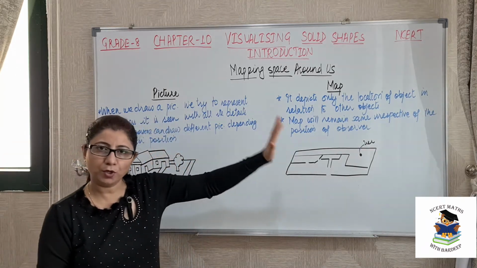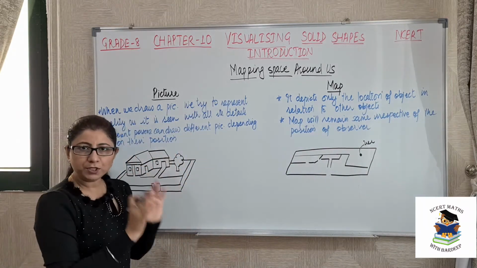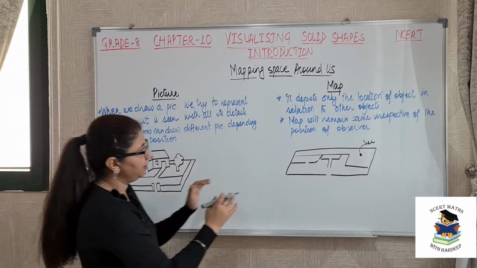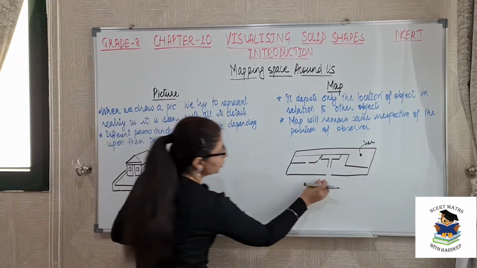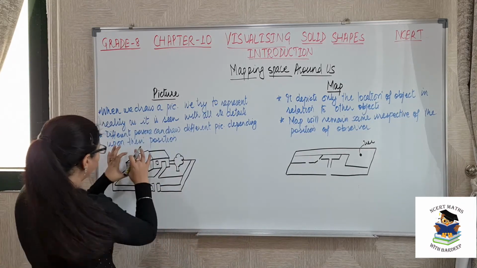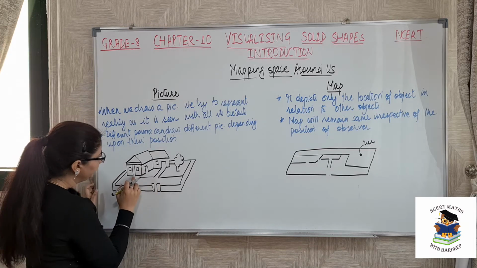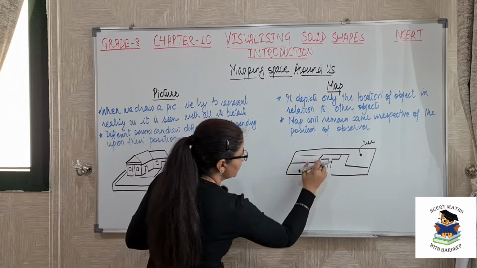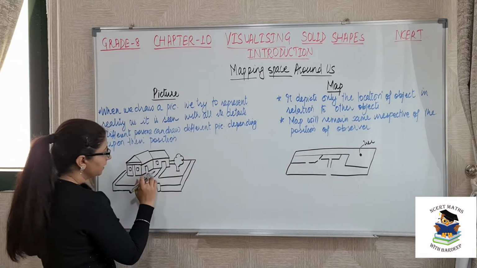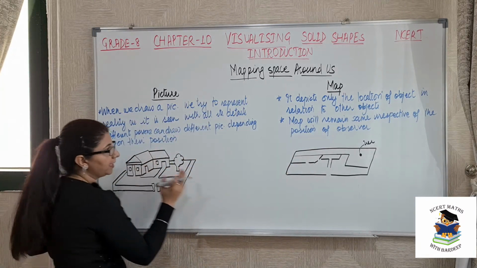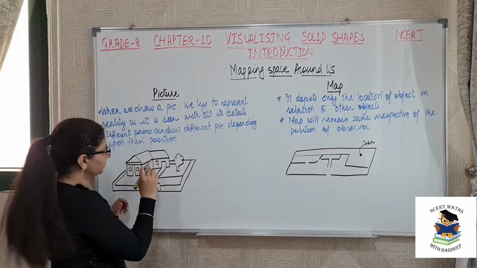When it comes to drawing a map of the same house, we will only show the positions. So the same rectangular area we will take here. We can see that there is one entrance, so we will show one entrance, right? For this home, no need to draw the home, but since this space is being occupied and there is one entrance, we will draw the same thing. So this is the location of the first house and this is the first entrance. This is the second entrance from this side. So on this side also we will show some gap, that is the entrance.